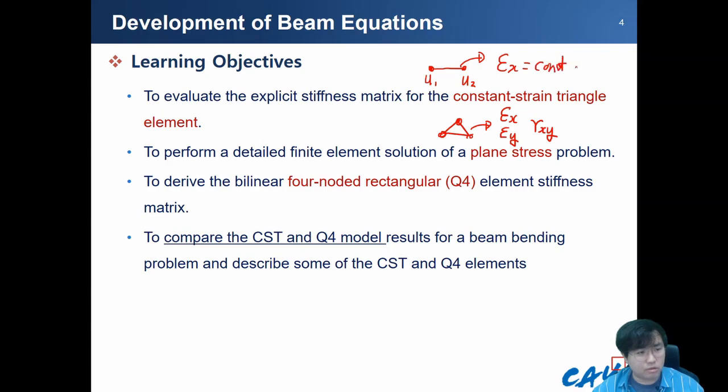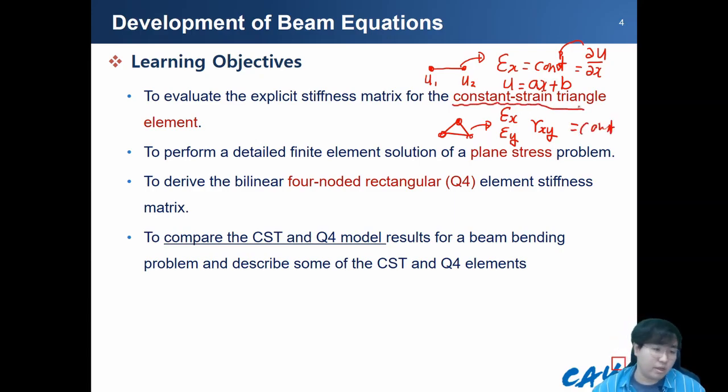It is because we use a linear relationship to describe the displacement field, so the derivative of the displacement function returns a constant. Similarly, in this triangle element, the derivative of the displacement field is always constant,